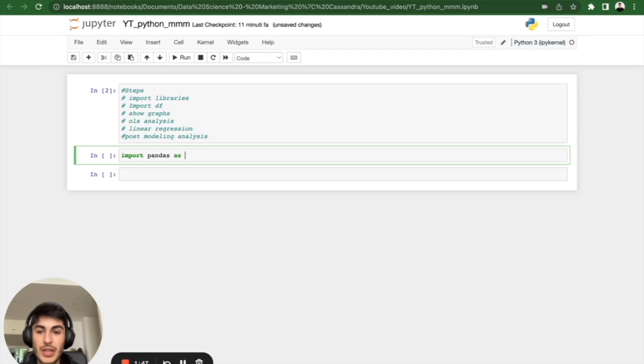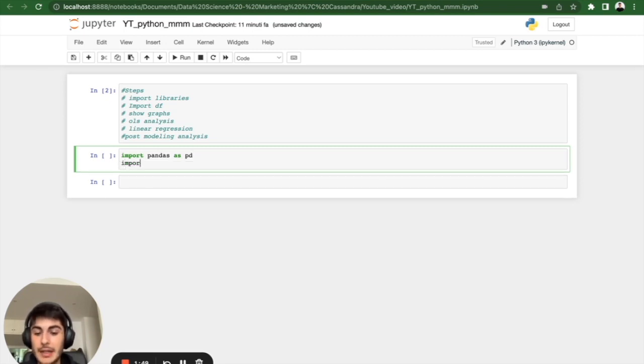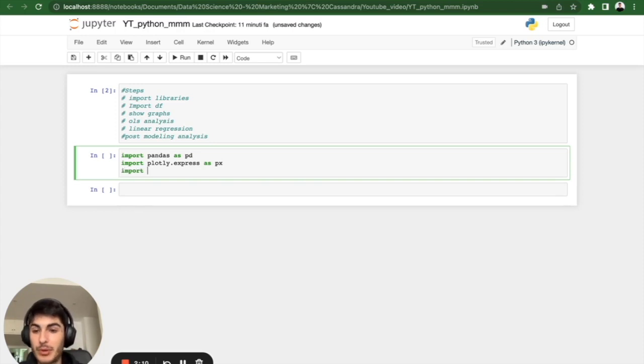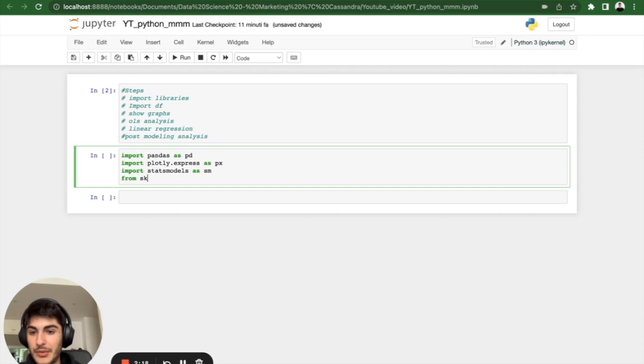So I'm going to do import pandas as pd, then import plotly.express as px. Plotly Express is a library that allows us to have interactive graphs in which we can zoom in and zoom out, and it's really incredible. Then we're going to import stats models as sm, and then from scikit-learn.linear_model import LinearRegression,